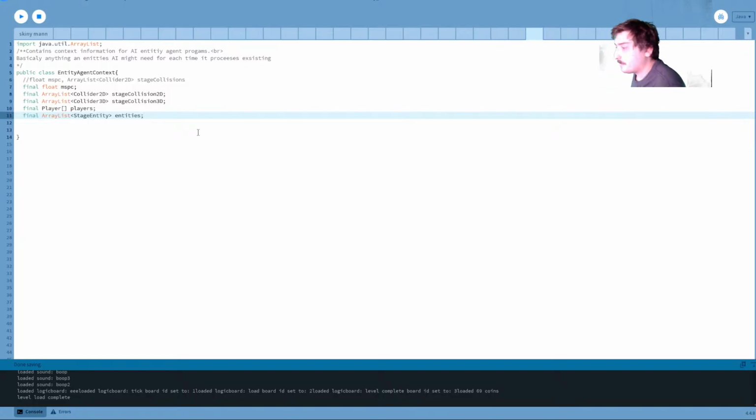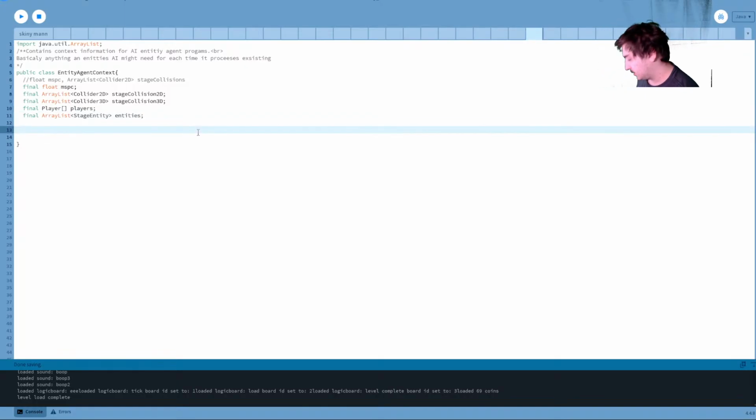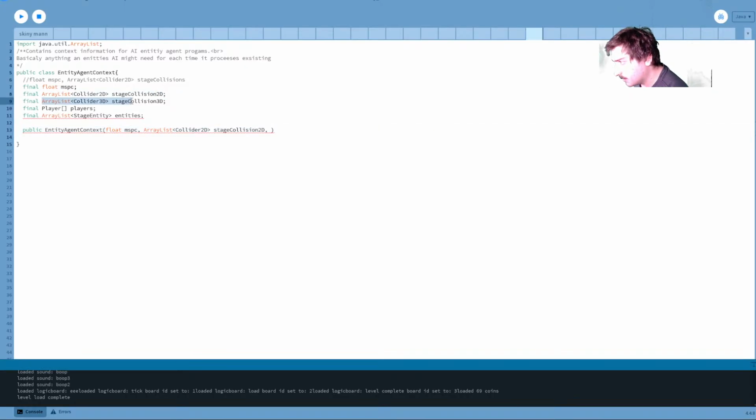So now we actually need to ingest this. So we say public entity agent context. And we'll have this say float MSPC. And then we're just going to put these all in here. Nice and simple.